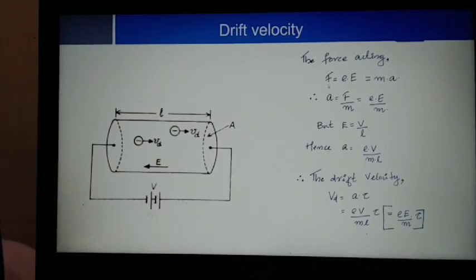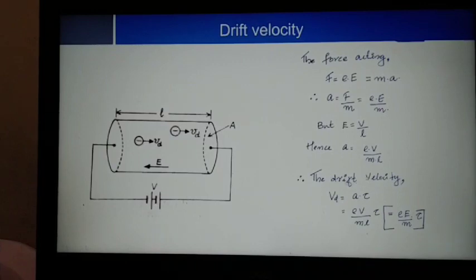So the acceleration of the electron: within the help of a force, acceleration will be there. So the acceleration a is equal to F by m, which is equal to eE divided by m. But we know E is equal to V by L, since the electric field is a potential gradient. Hence a is equal to eV divided by mL. What we have done is keep e and m there, and replace E by V by L. So a is equal to eV divided by mL.